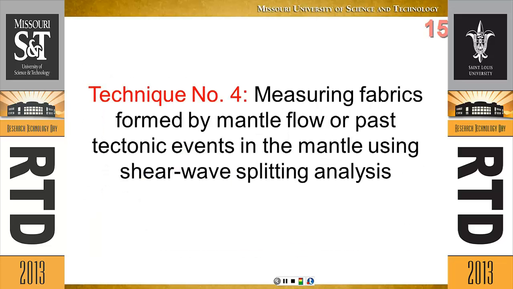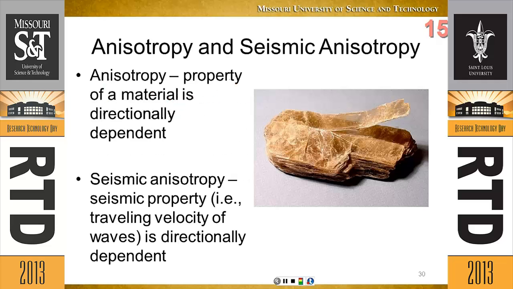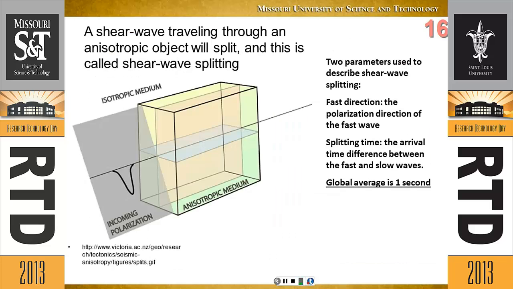So we can measure the mantle flow or mantle fabrics. For example, you have anisotropy, right? Anisotropy structure, like this material is anisotropic. That means if you drill this way or that way, you get different stiffness and strength, right? So it's seismic anisotropy because it's directionally dependent. In the Earth, you also have this kind of thing. When a wave travels one way, it has a different velocity than traveling another way. So you can see, for example, a wave coming, and you can see the difference in the speed. This actually is caused by